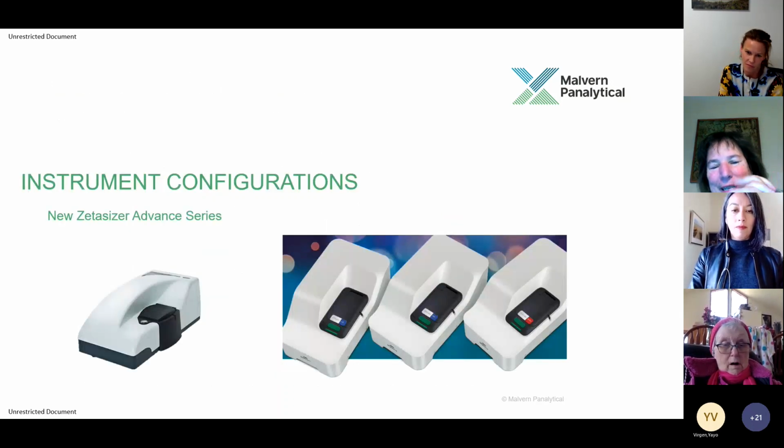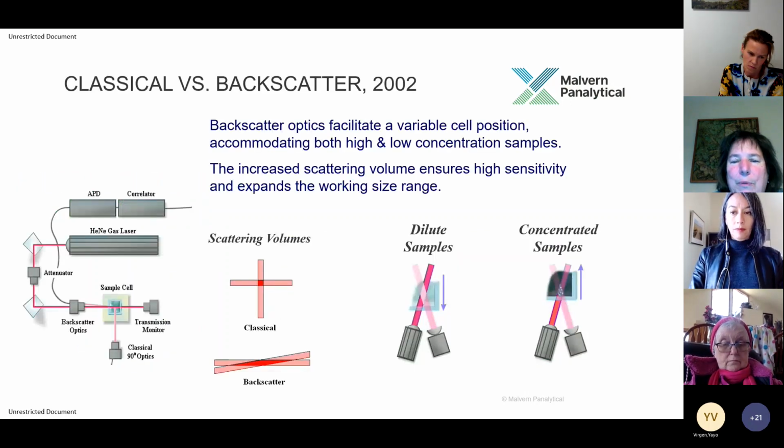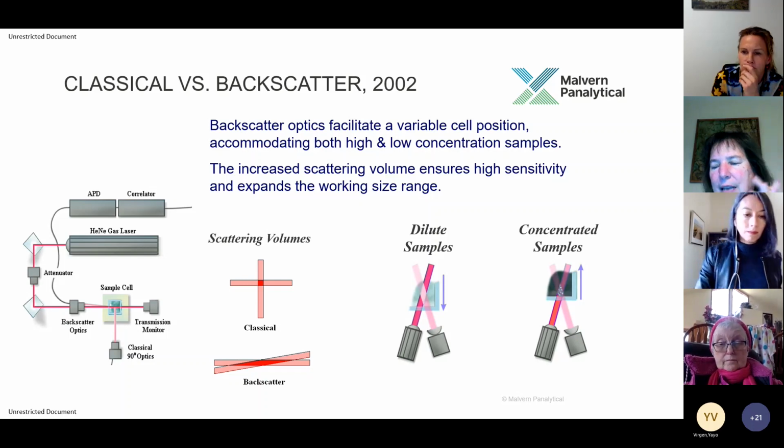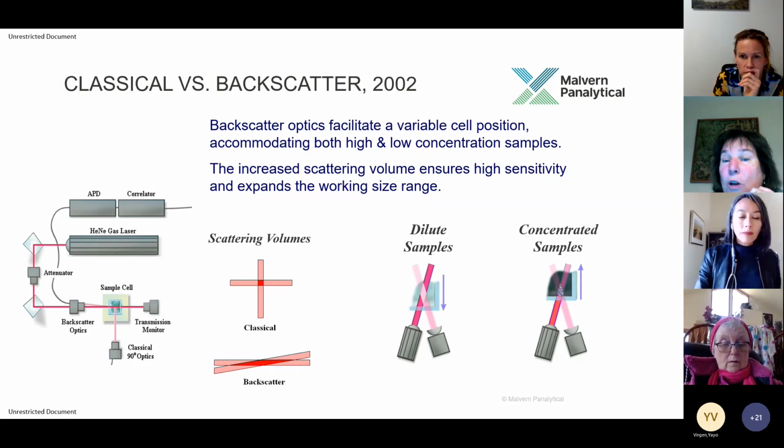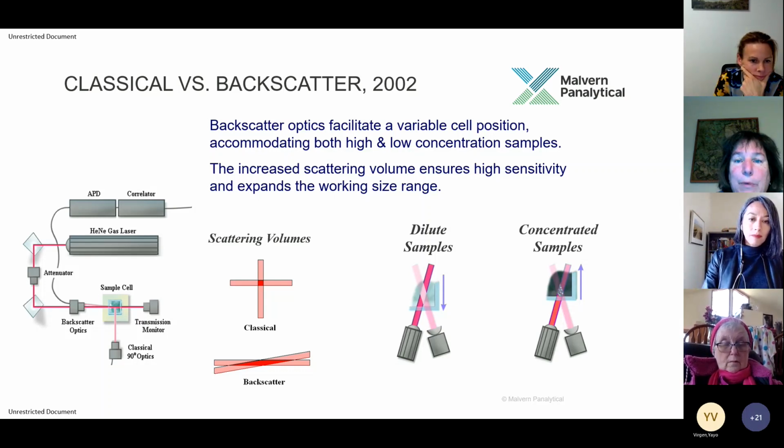I want to talk a little bit about instrument configurations and introduce the new Zetasizer Advanced series. So the beautiful thing about the Zetasizer Nano, which we first introduced in 2002, is that we introduced backscatter sizing technology, which we called NIBS, non-invasive backscatter technology. What you have in your Zetasizer Nano is a